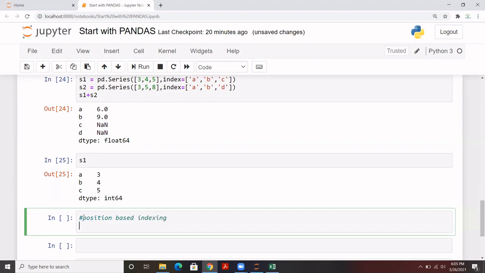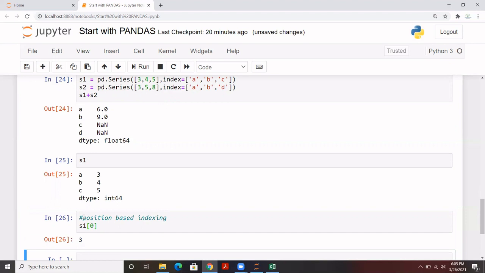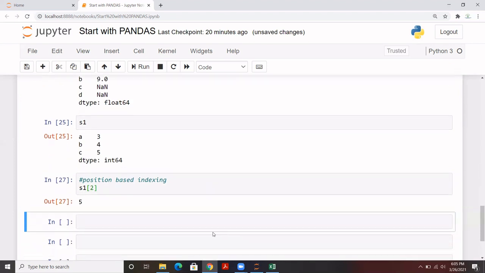If we are doing position based indexing, how do we do that part? Let's say I'll be calling it like this. So 0 is the position for this record, and let's say I want to extract 5, so the position for 5 will be 2. Here it is. And in case I want to do the label based indexing, we call it label based indexing. Let me do that as well.